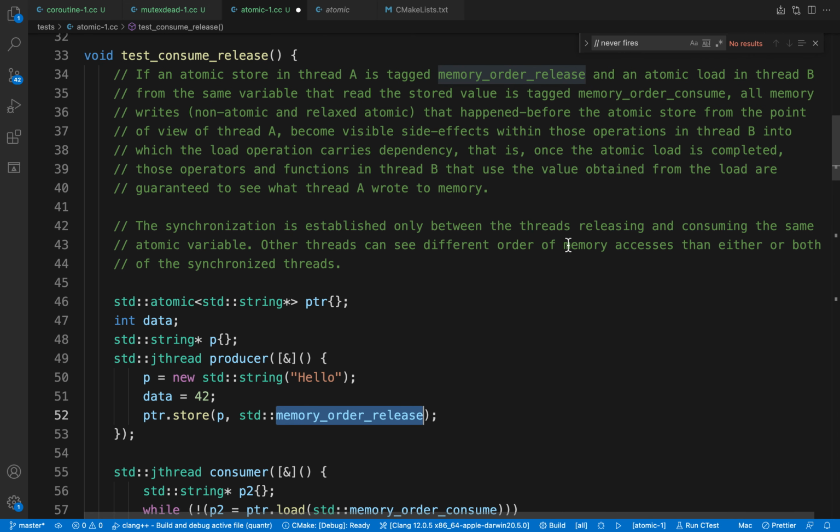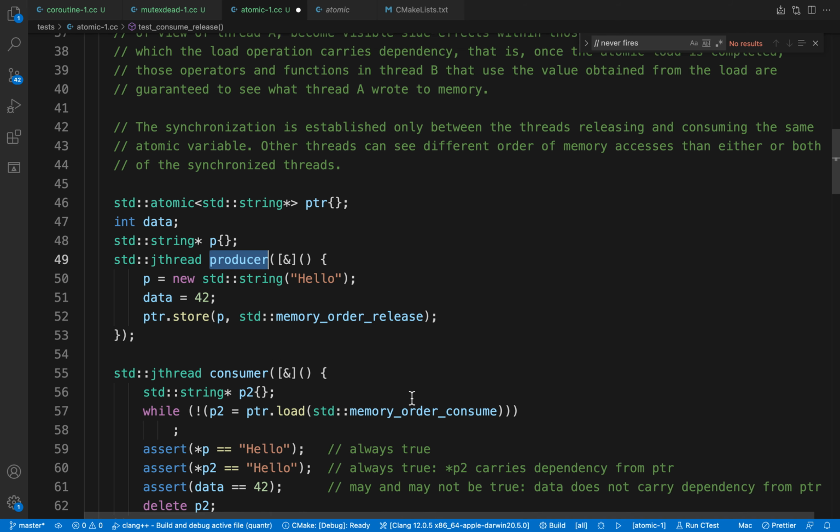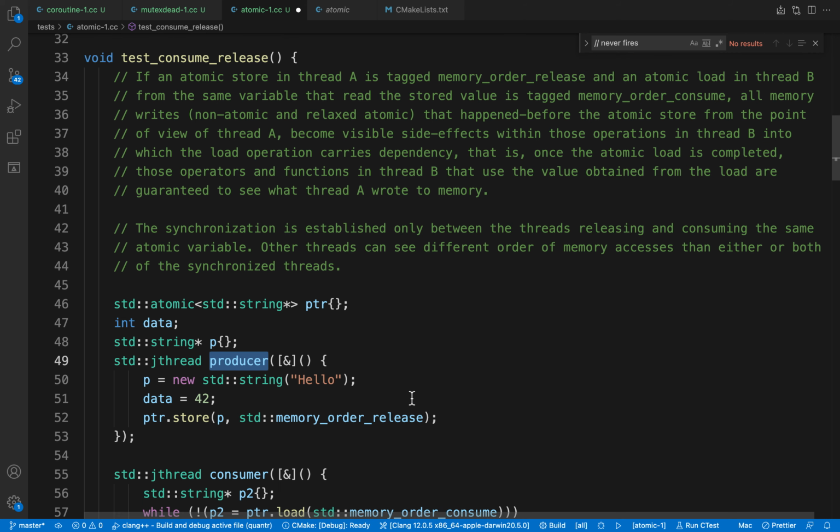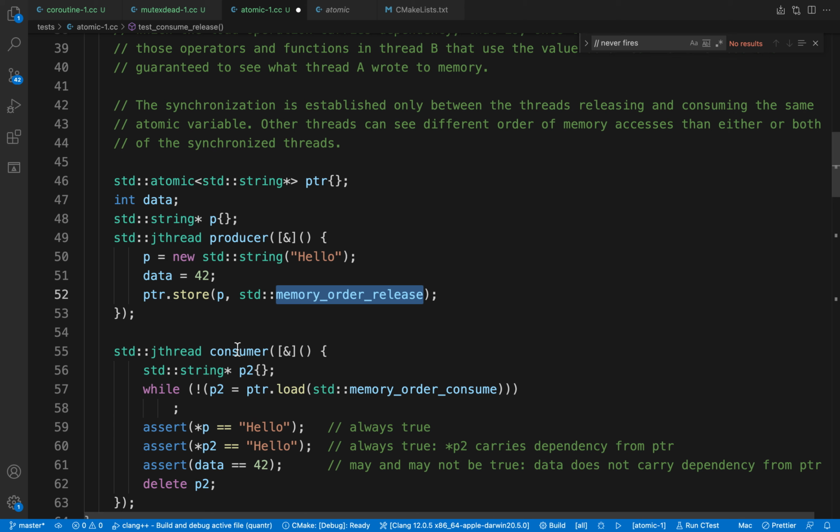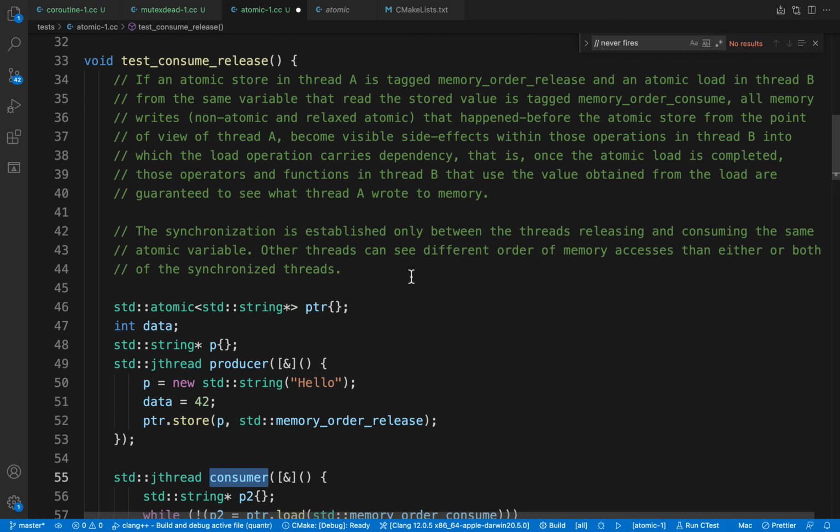So first thing is, if an atomic store in thread A, the producer, is tagged with memory order release, and an atomic load in the consumer is from the same variable as the store value and is tagged with memory order consume,